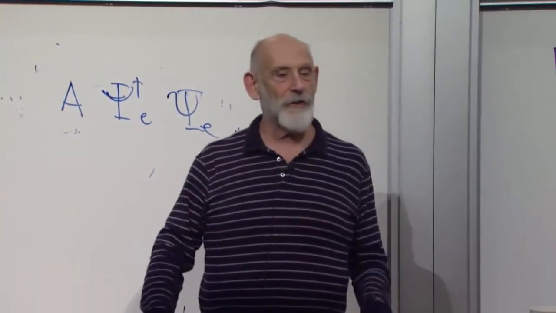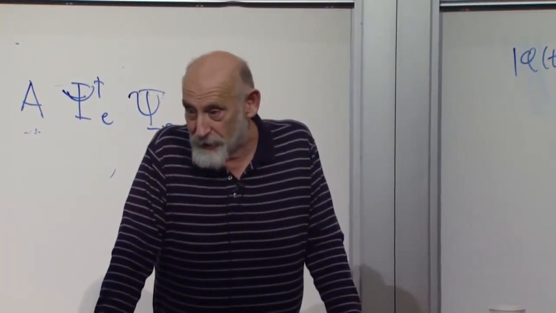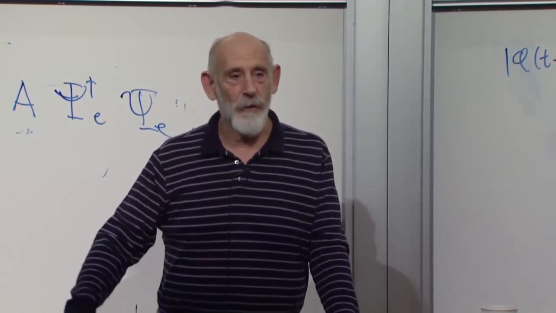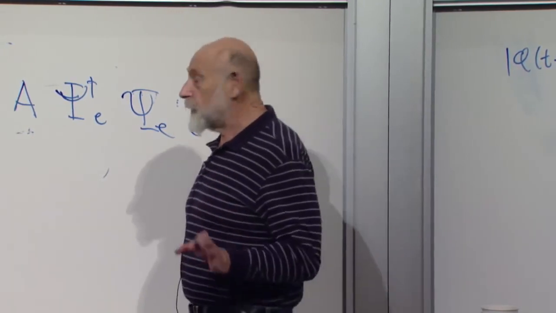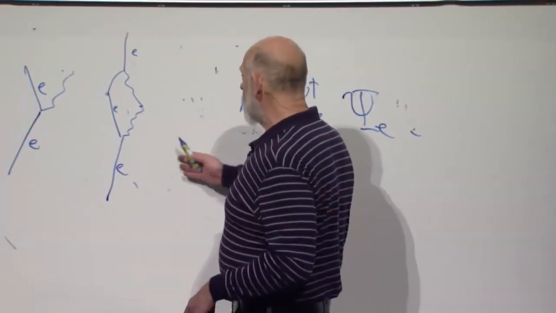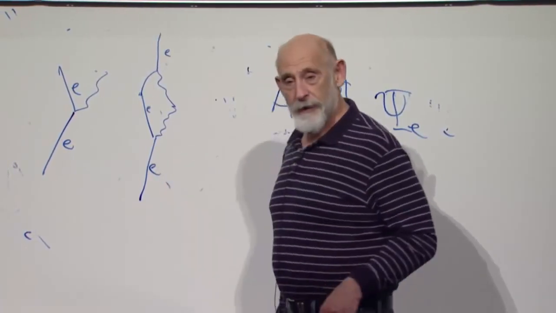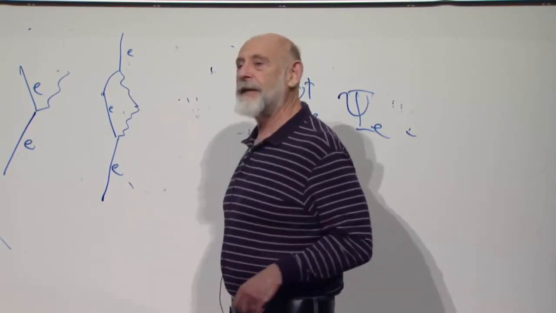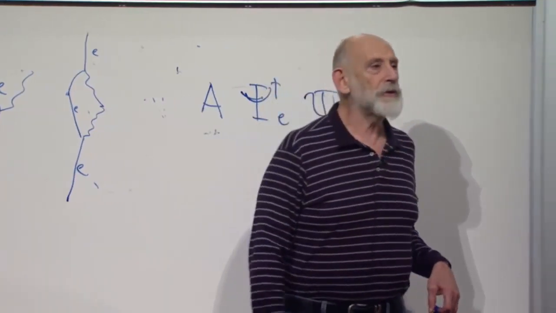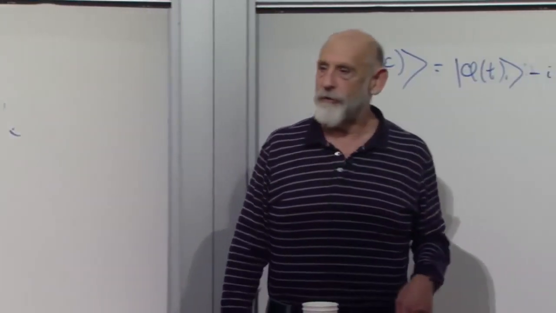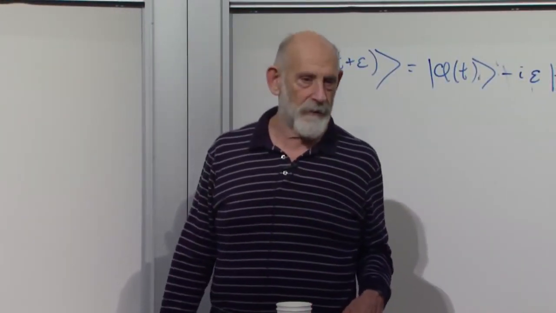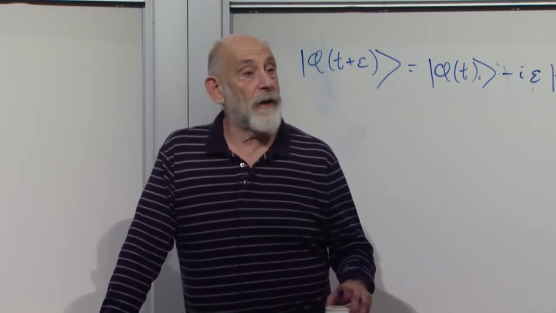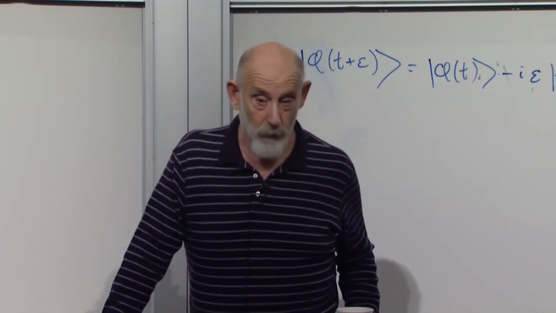Now, of course, if you go into the system and look and see whether that something happened, you screw up the whole thing, as usual in quantum mechanics. But what this does tell you is that if you scatter another electron off the first electron, you will find some of the time that this electron contains a photon. That what you thought was a single electron really looks like a composite of an electron with a photon. The probability to find the photon there is small. It's about 1%, but